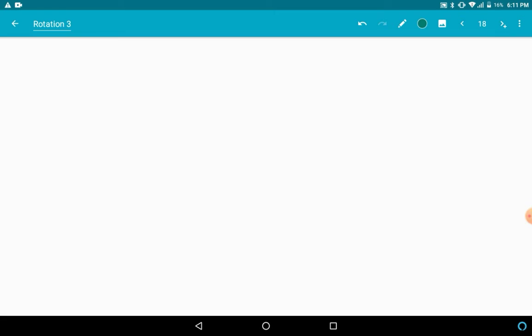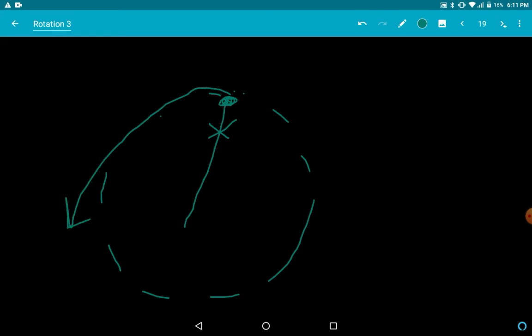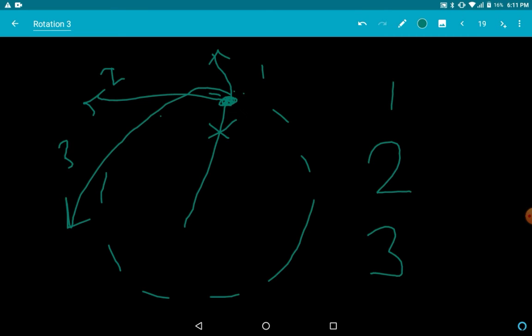Now if we see this ball that is going in a circle, if this string breaks, where do you think it will go? Will it go like this, will it go like this, or will it go out tangentially? 1, 2, 3, which is right? Actually it will go tangentially.